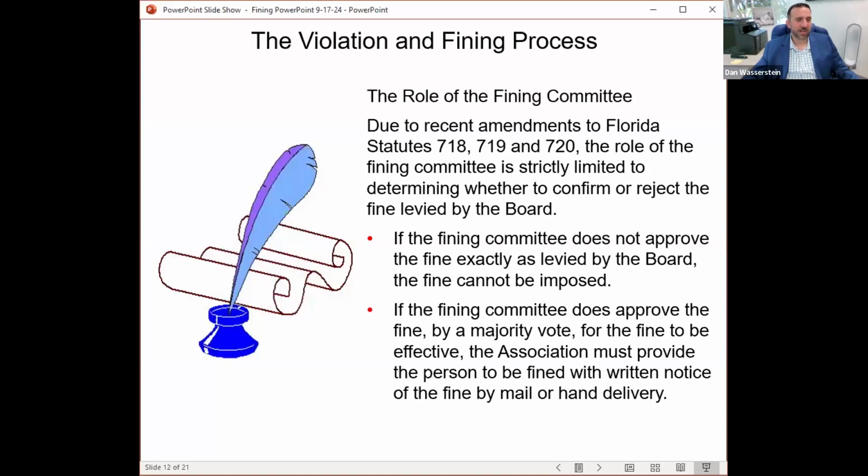Now, the role of the fining committee has been clarified over the last several years. It is that the fining committee is only empowered to review and approve the fine levied by the board. The committee does not have the power to modify it, to extend time, or anything like that. It's just purely listen to what the board did, look at what the board did, listen to the homeowner, and then decide either thumbs up or thumbs down. For anyone that's seen Gladiator or any of those types of movies, you know, when it's the end of the fight, the emperor either gave an up or down. There was no in the middle. So that's how it is with the fining committee.